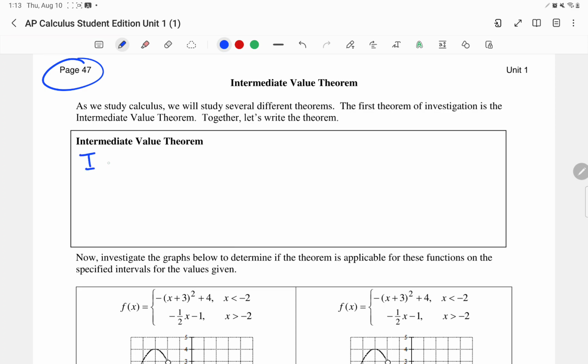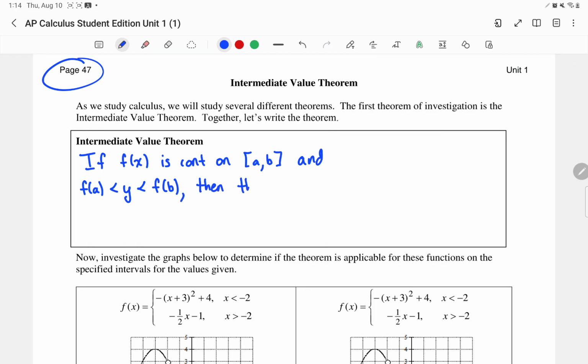So all right, if f of x is continuous on a to b, and I want you to leave a little bit of space over here on the right, so we're going to just go down to the next line, and f of a is less than y, which is less than f of b, then there must exist at least one